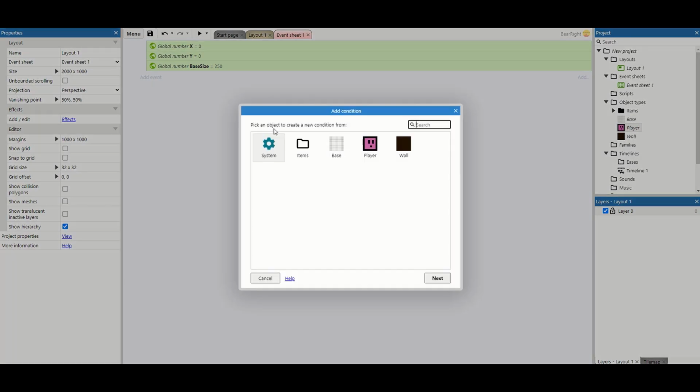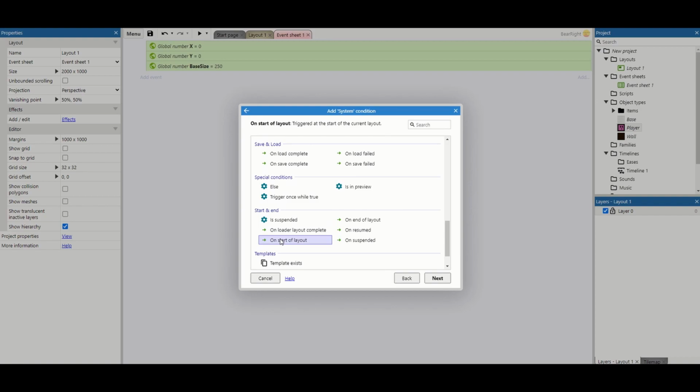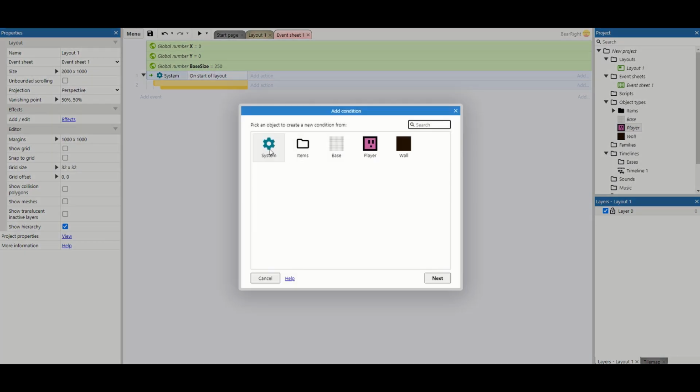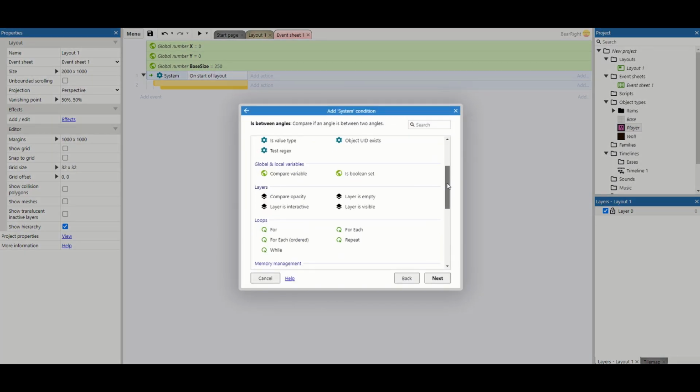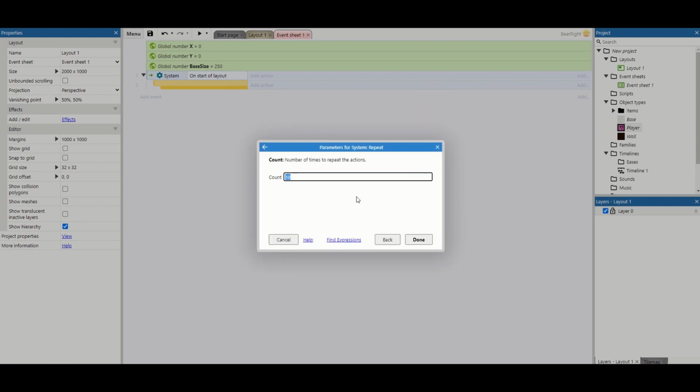So first thing we need is to get the onStart of layout event, because we want this to spawn as soon as the layout starts. We're then going to add a blank sub event, and in here we're going to do our first repeat. Now this is going to repeat for the number of tiles across, and to get that number we're going to take the layout width and then just divide it by the base size. So in my case, I've got 2000 across pixel wise, base size is 250, which gives this loop repeating 8